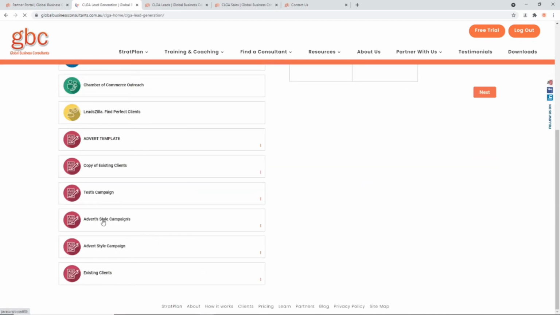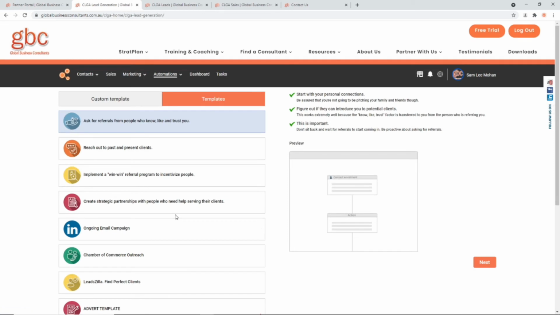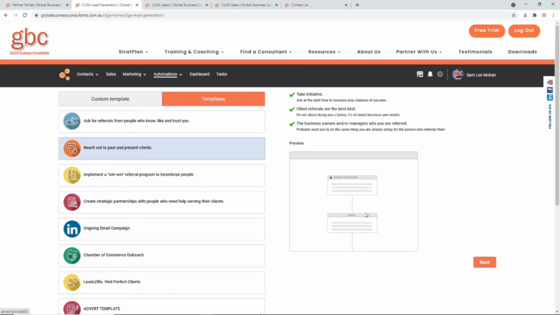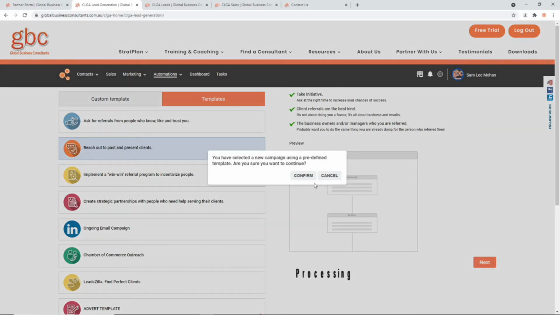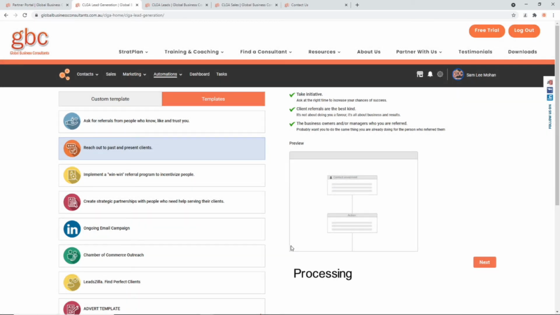So now I've got this template that I can use, I can copy the template, I can delete it, I can edit it, but this template is now there for me to use. So I'm going to go ahead and select just one of these campaigns. So I'm now ready to nurture some clients, so I can reach out to past and present clients. I select that, I click on next,